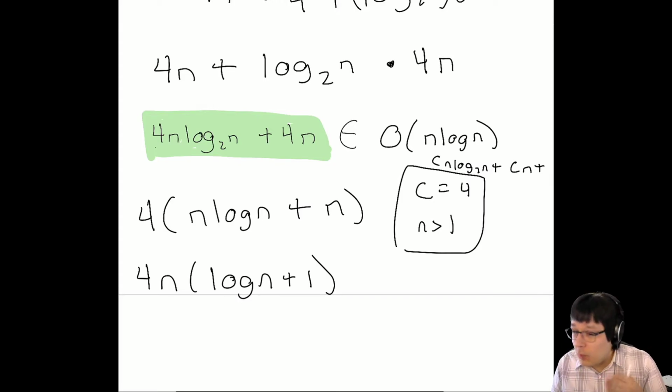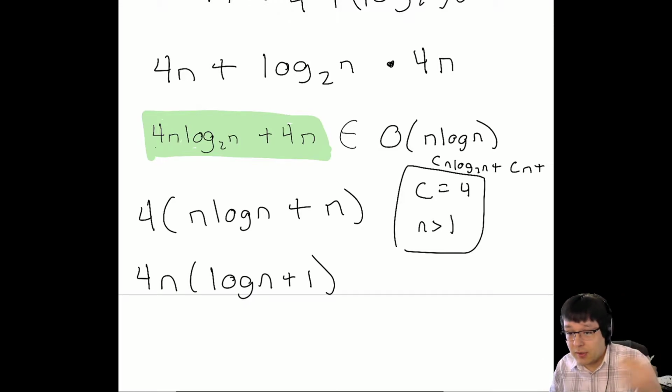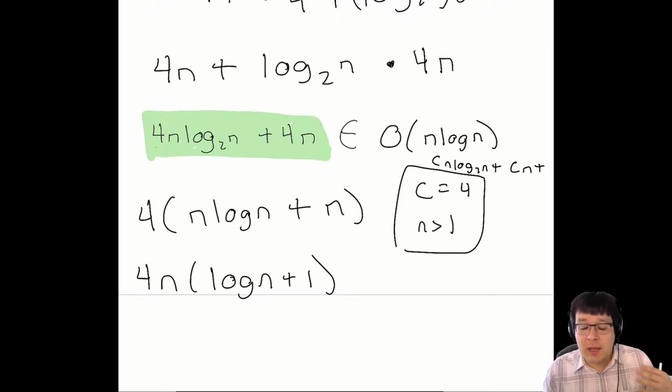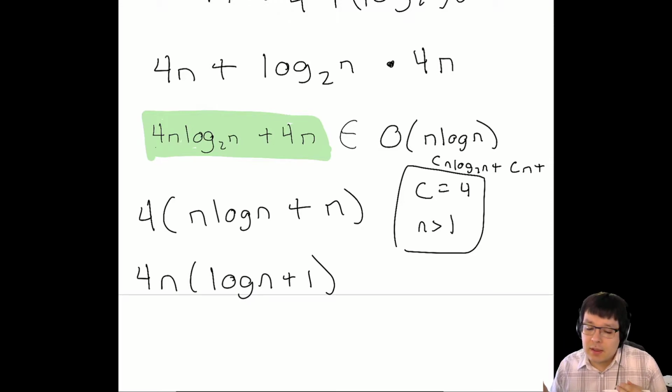I kind of told you that 4n is basically the same thing as n for all intents and purposes because it's a constant. Just like if you have something of n cubed plus n, the n is insignificant compared to the n cubed, right? So 99.9% of the time we don't care about that. That 1% of the time that we do care is if you're really trying to show that your algorithm is better than somebody else's, and it comes down to the point where, theoretically